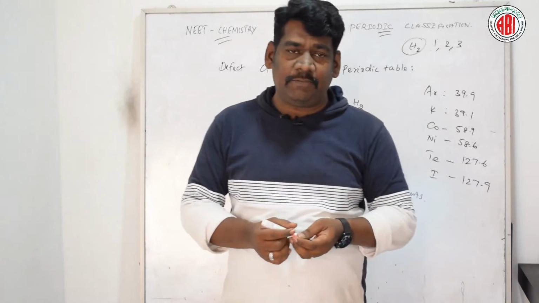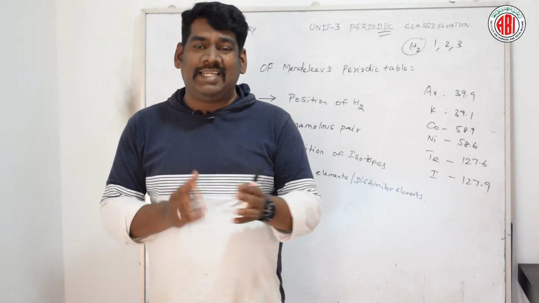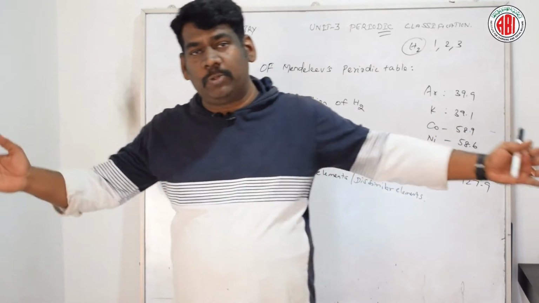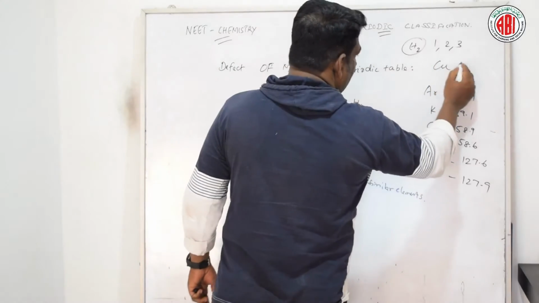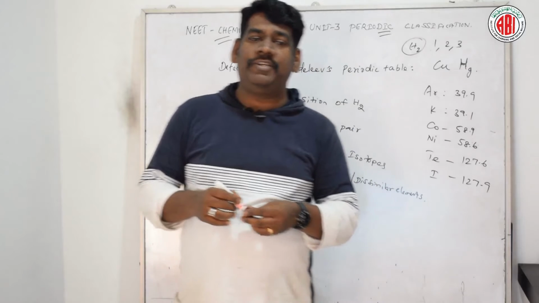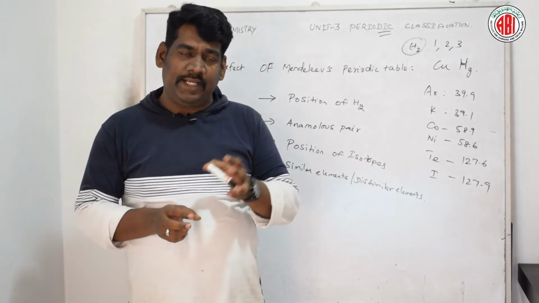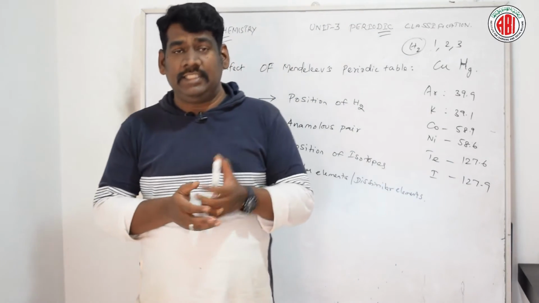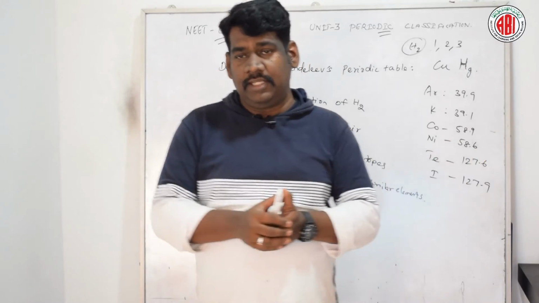You can see the example of copper and mercury. Copper and mercury resemble each other in their properties, but they had been placed in 2 different groups. These are 2 different elements, but in some cases they have similar properties and similar characteristic features, yet they were placed in 2 different groups.